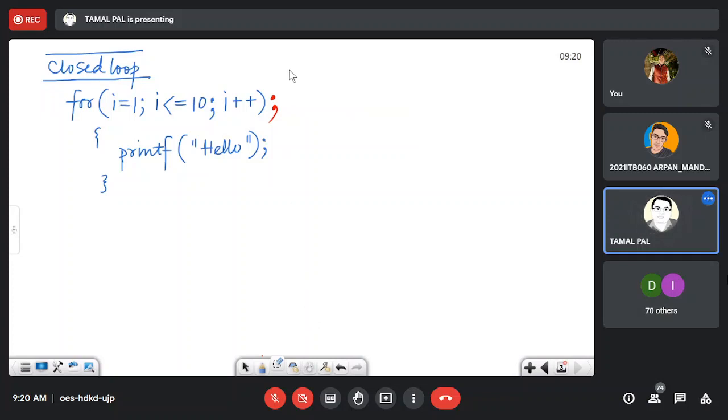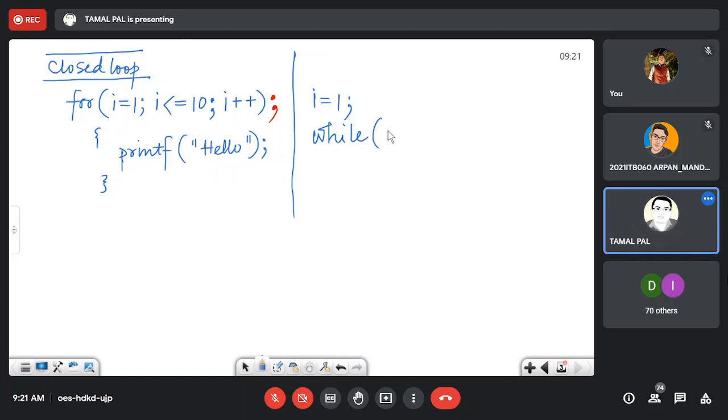Now let us come back to the while loop. I am writing one while loop, because this example is better understood with the while loop.